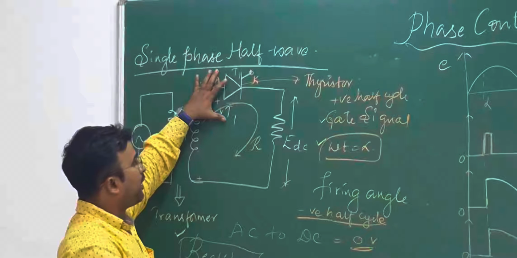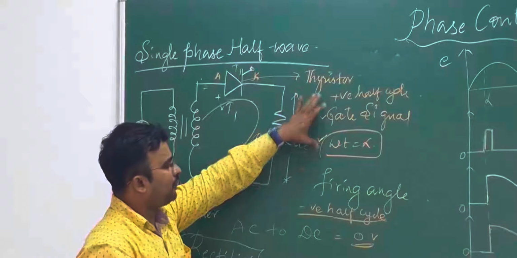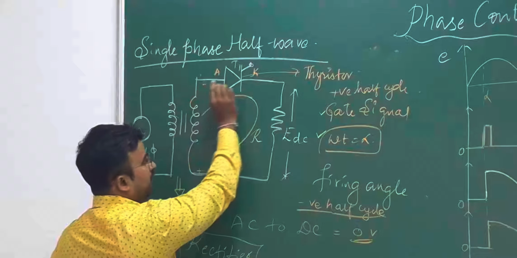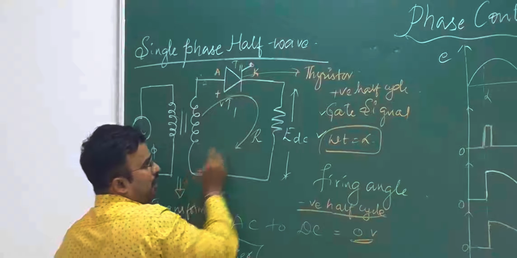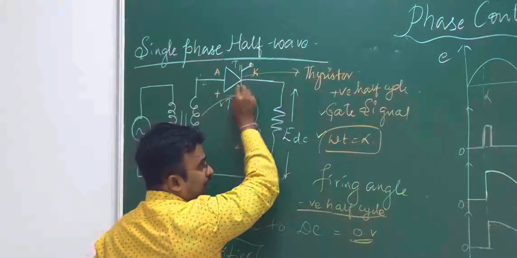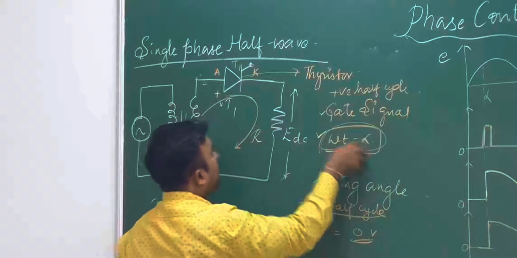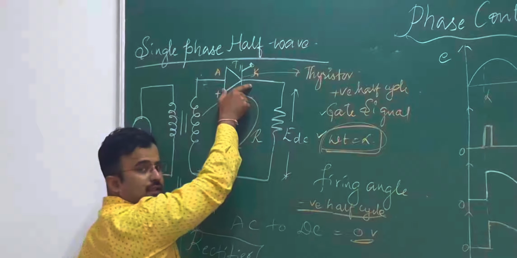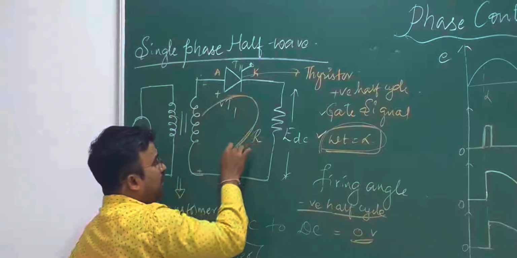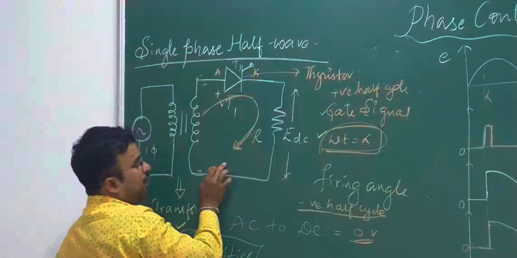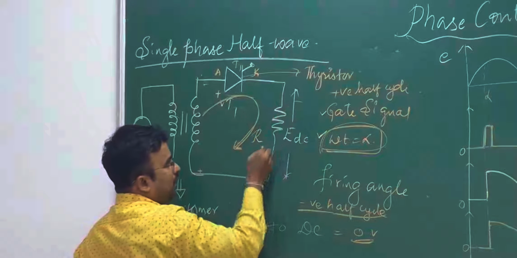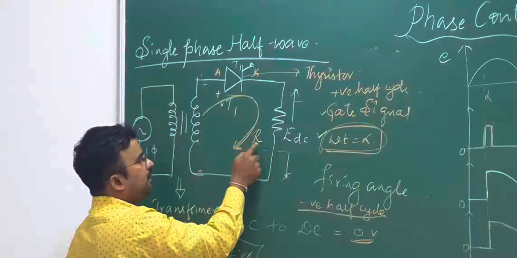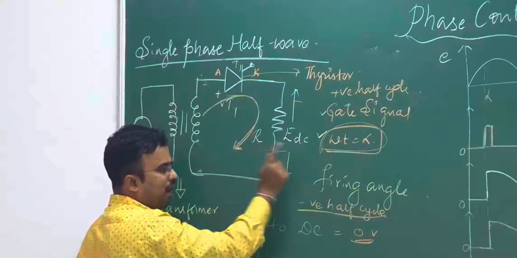Quickly revise. The device operates in two cycles, the positive half cycle and the negative half cycle. During the positive half cycle, the anode terminal is positive with respect to the cathode terminal, therefore the thyristor is forward biased. At an instant omega t equal to alpha, the device is fired, and this alpha is called the firing angle. When the thyristor is fired, it is turned on, there is a current flow through the device, and the output can be observed across the load. Since this is a resistive load, the load voltage and current waveforms are the same.